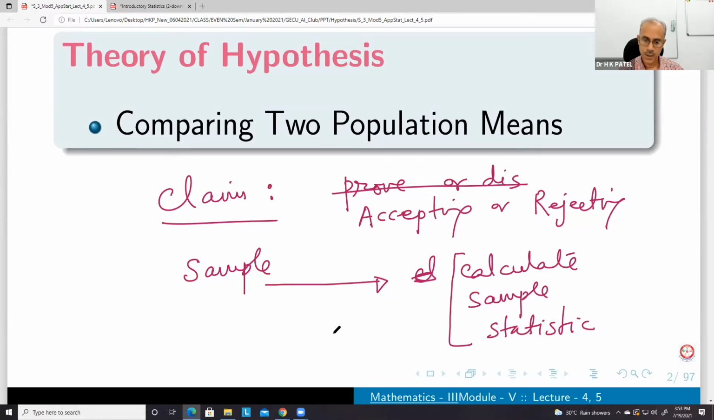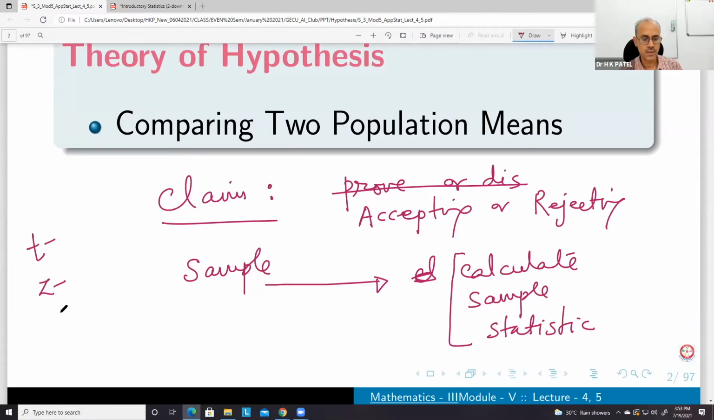Okay. Last time, in case of one mean, we have seen that we can have two types of statistics: T statistics and Z statistics. In this case, in two population case, again we will have T statistics and Z statistics. But then you will see that in different situations, the formula for T statistics and Z statistics also changes. Okay, but then we calculate the statistics. Okay, and with the help of these statistics,